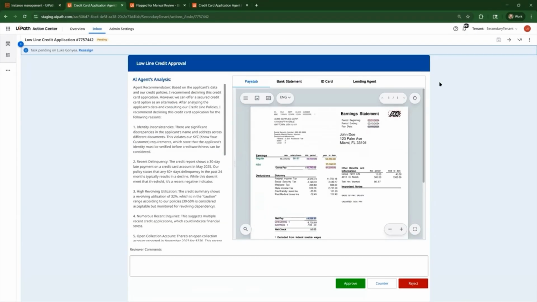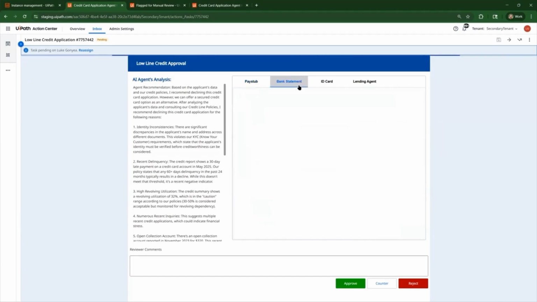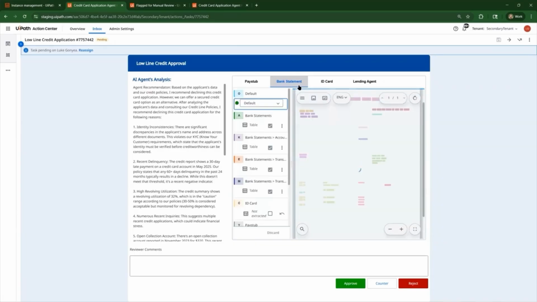Here is the sample validation experience I created for the credit analyst. We'll see the agent analysis on the left-hand side and whether or not the agent recommends approving the applicant John Doe for the corresponding line of credit. In addition, I'll see the information that John Doe included as part of his application. One being the pay stub he submitted, the other being the bank statement or ID card that he included as